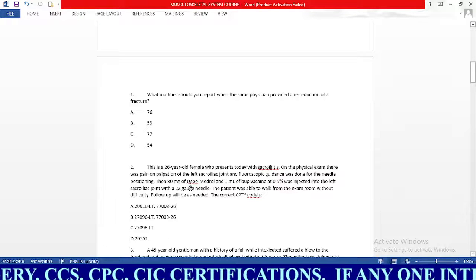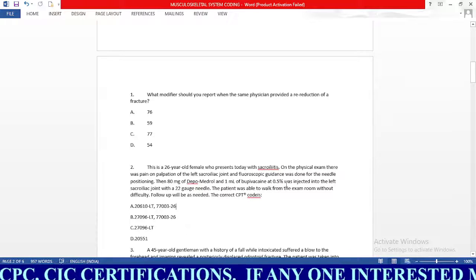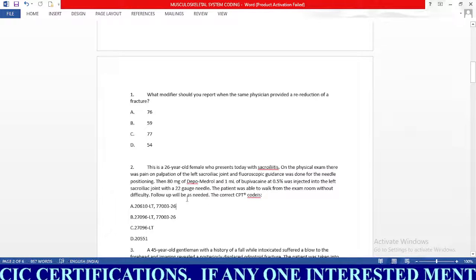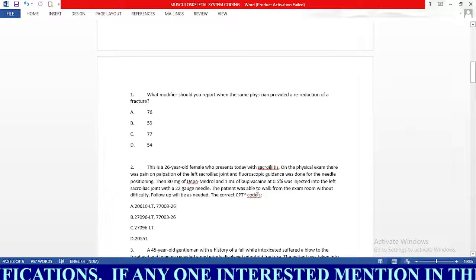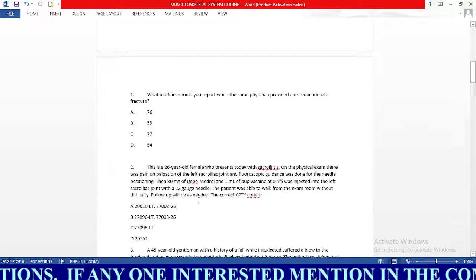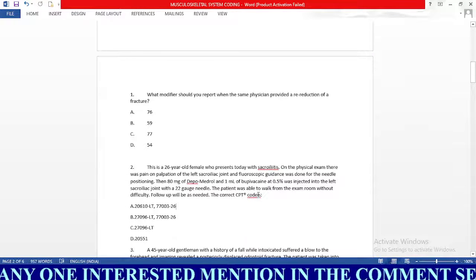Then 80 milligrams of Depo-Medrol and 1 ml of bupivacaine at 0.5% was injected into the left sacroiliac joint with a 22 gauge needle. The patient was able to walk from the exam room without difficulty. Follow-up will be as needed. The correct CPT code is: